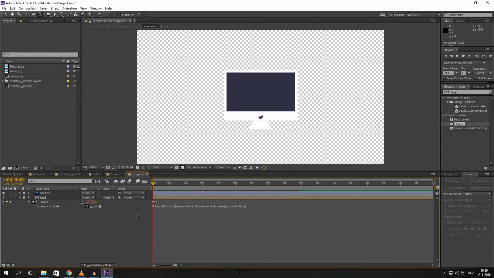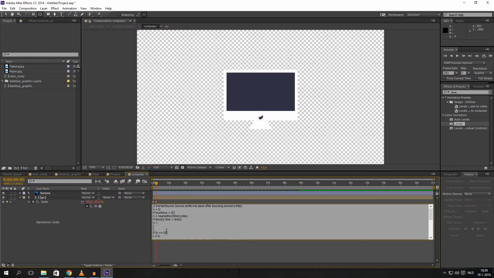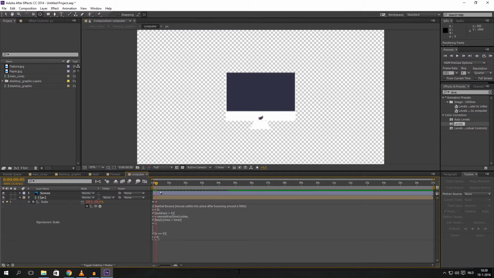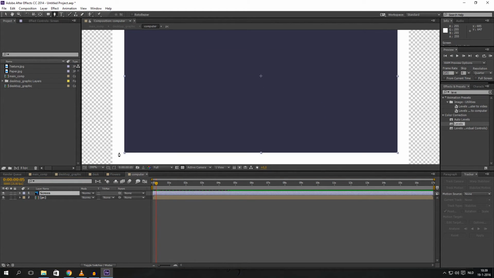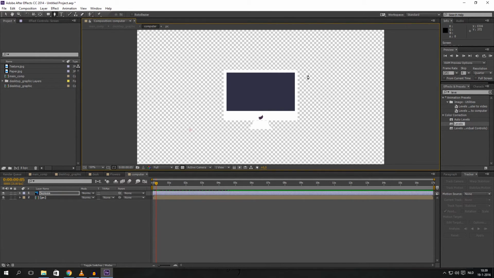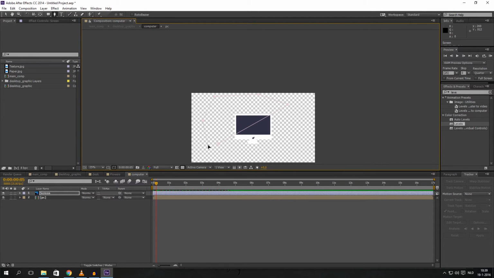A little bit too fast. There's a screen, but we can increase the decay for now because it's bouncing very large. So let's put it to 8 and let's take a look, and that's better. And now the final thing we have to do is mask the screen, and just click on the pen tool and click around the corner, something like here, and here. It doesn't really matter, but we have to do something like this,